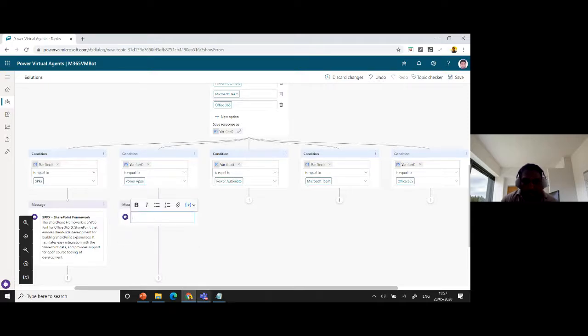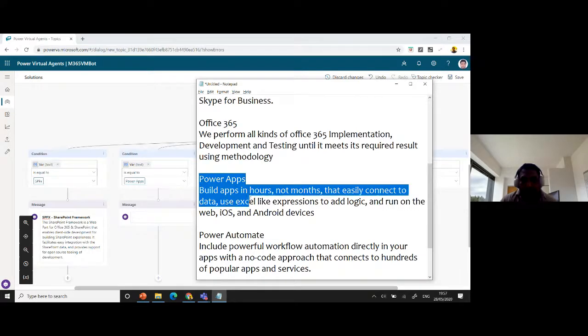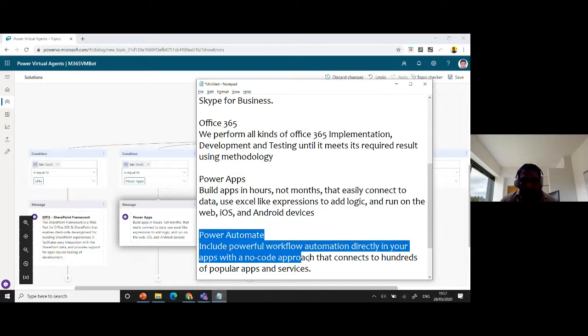So, a message, and I can add some. This is Power Apps, right? I can use some Power Apps information about that. It's just the basic information. Don't worry about it. Just adding some message for whatever the customer asks. You can provide some information, right? Can use the solution part,